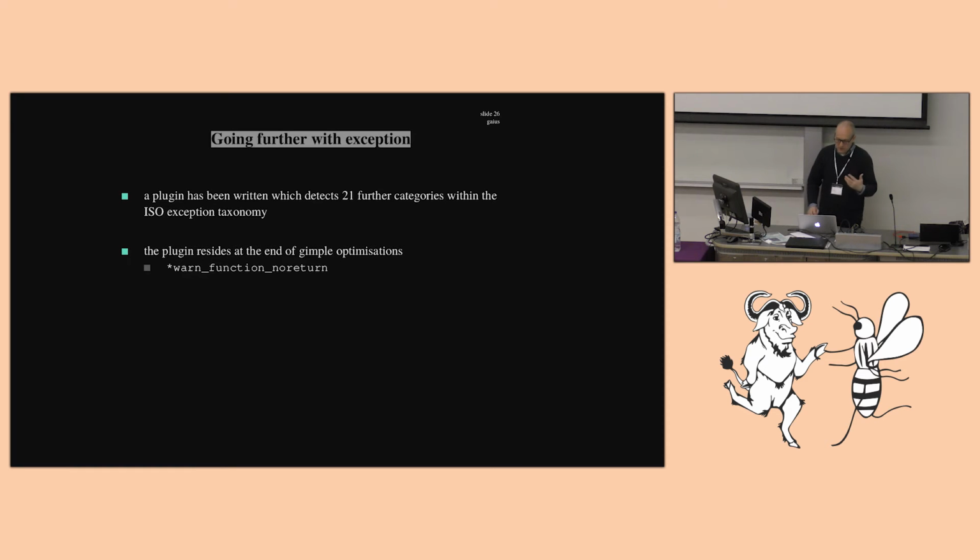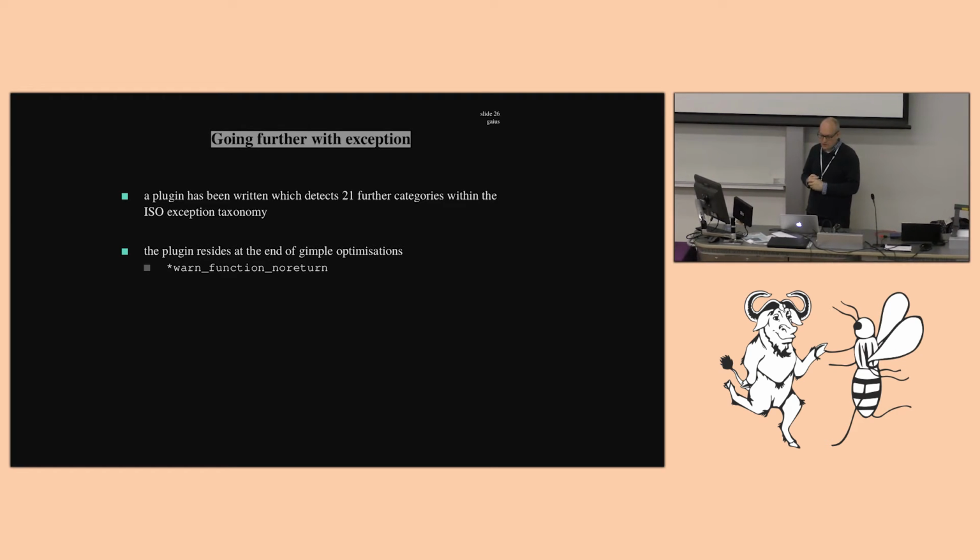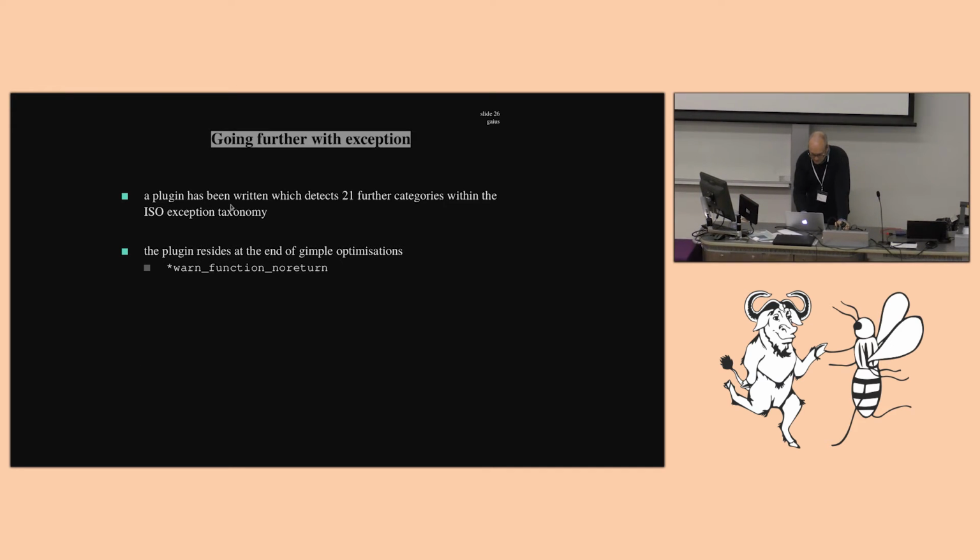But anyway, going further with this, it should be possible to make the compiler detect some of these at compile time. Notice we're doing it at runtime currently. But if we knew that a function was reachable, and this were to occur in the first basic block of a reachable function, then we could use a plugin to detect the call to the exception handler, and then we could issue an error message at compile time, couldn't we? So that's one of the useful uses of plugins, and I wrote a tiny plugin